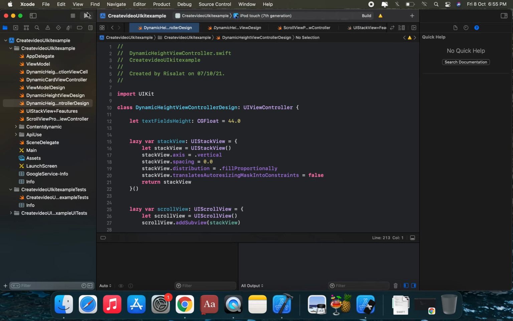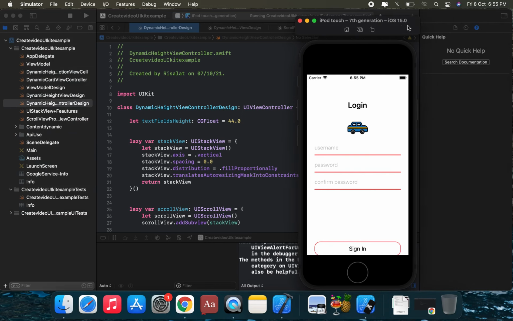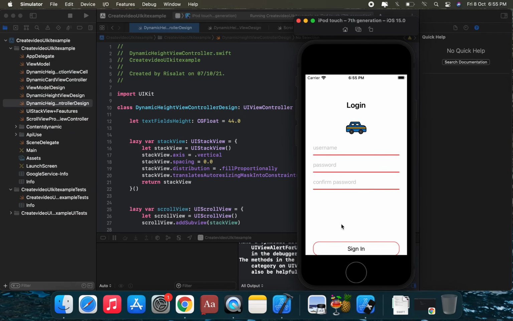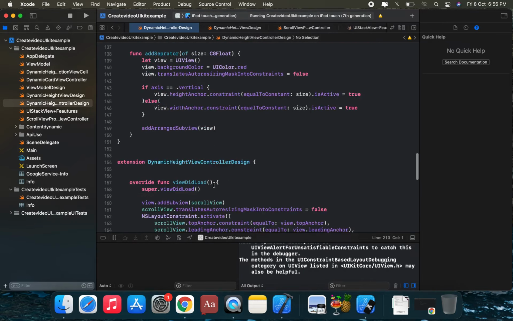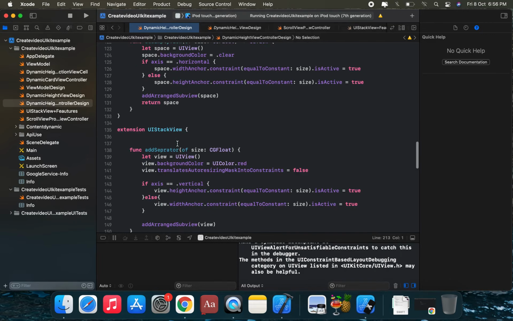So first of all we will run this application. In this stack view we can create the design. The arrangedSubviews property of UIStackView contains all the subviews of the UIStackView. So first we will apply reduce on this property, then we will keep all removed subviews in an array. After this we will remove subviews from the superview one by one. Let's dive into it.